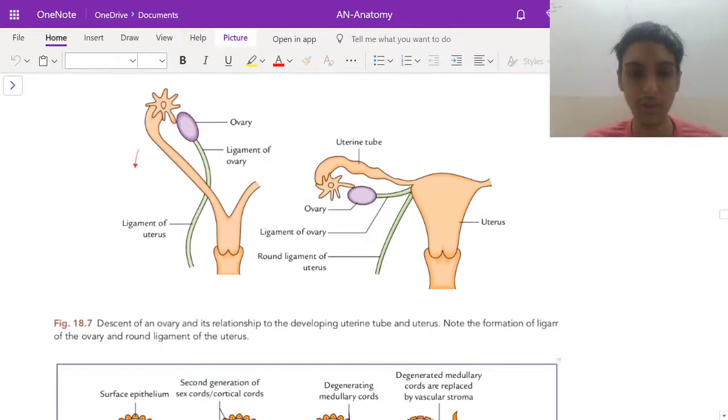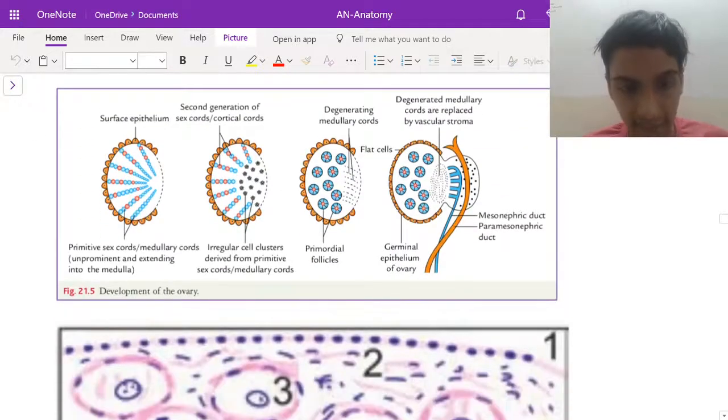Now the descent of ovary, we can see this is the ligament of uterus and the ovary. So as the ovary is descending down, even the fallopian tube also is coming. Along with that, the two ligaments are forming a connection like this. Now coming to the development